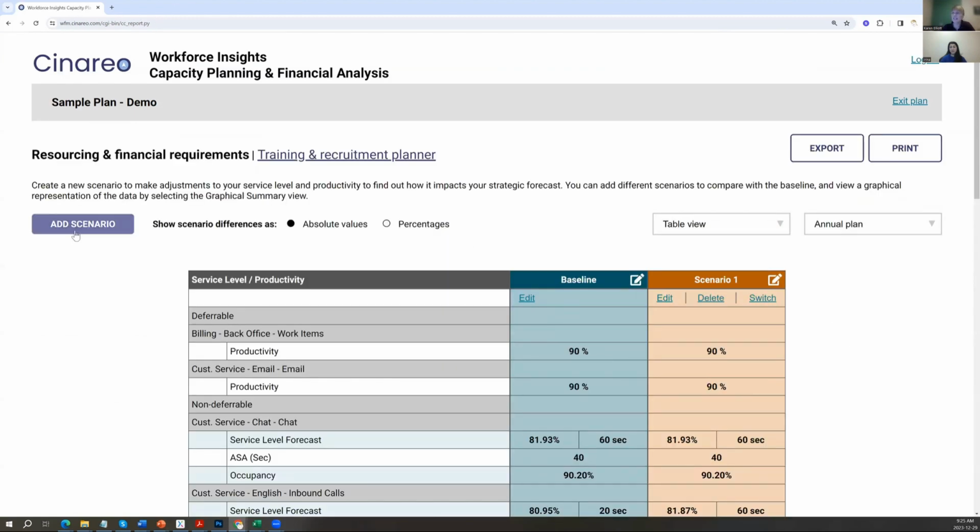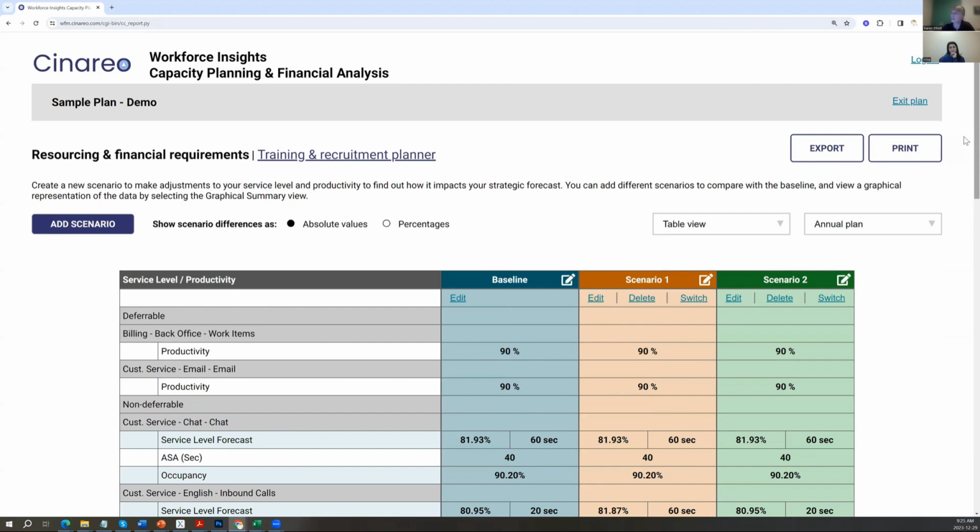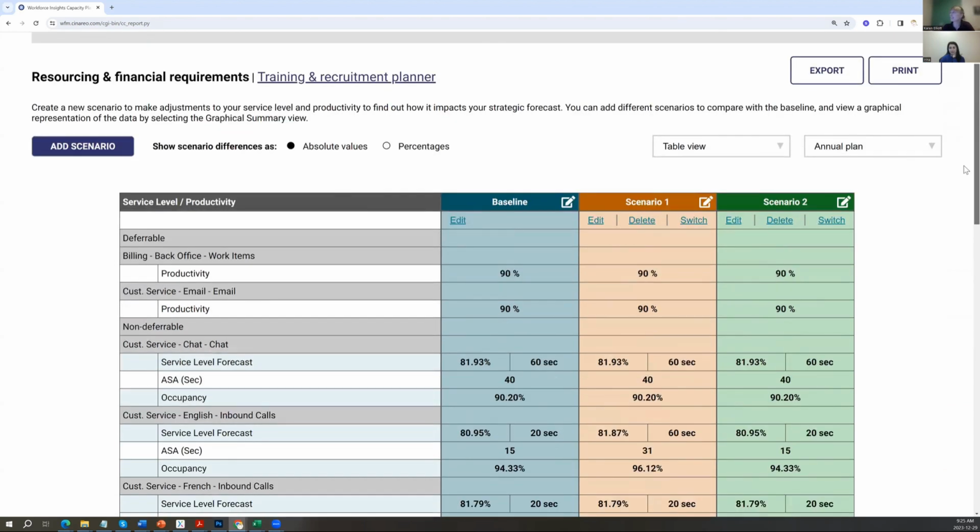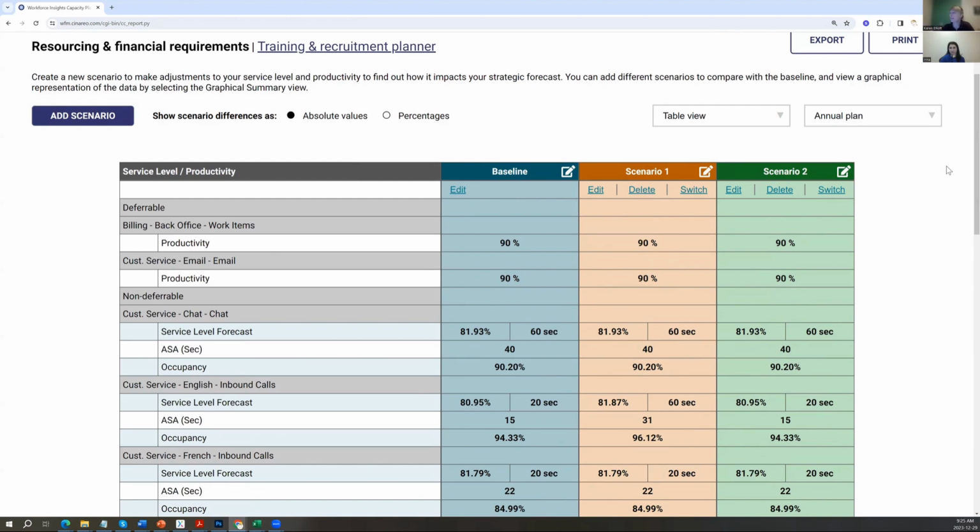And you can add additional scenarios as well. If you thought, well, instead of 80-60, I want to change it to 81-20, or any type of change to the variables, you can start seeing the changes side by side and how they impact your baseline. This is what's great about this tool, because you don't have to go back to Excel and start playing with formulas, recalculating and sharing Excel files. The software is collaborative as well. Other people that have access to the software can see the plans themselves, print them, and export them. You can easily share them for collaboration, which we feel is important when you're doing this type of work as well.